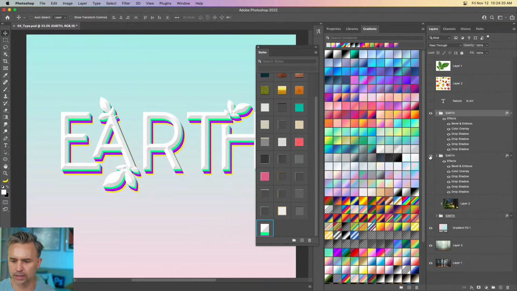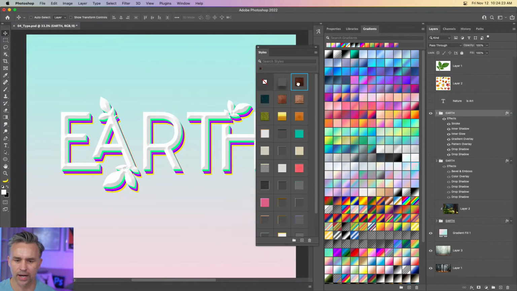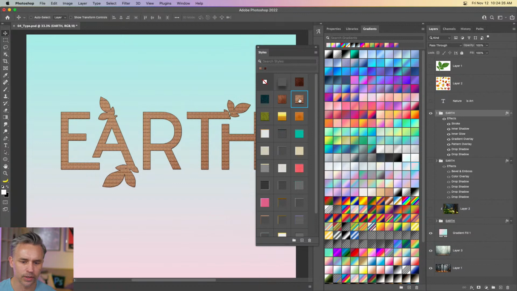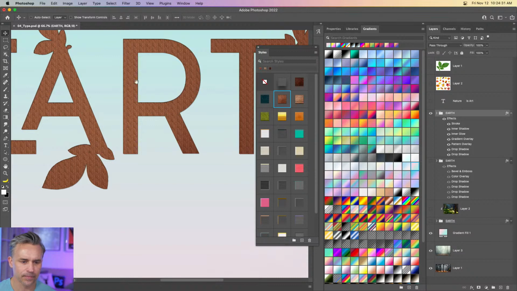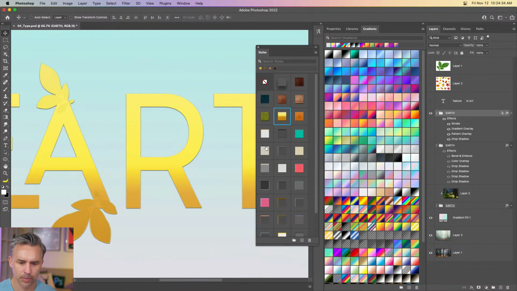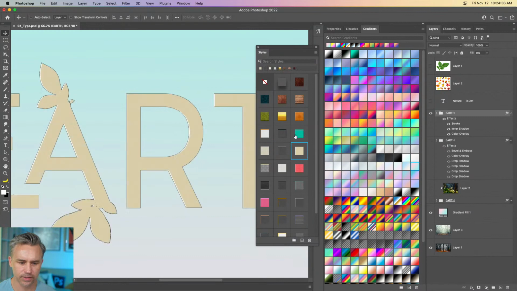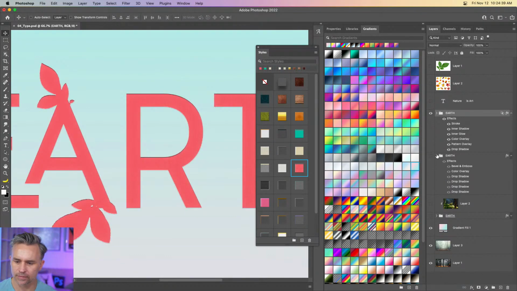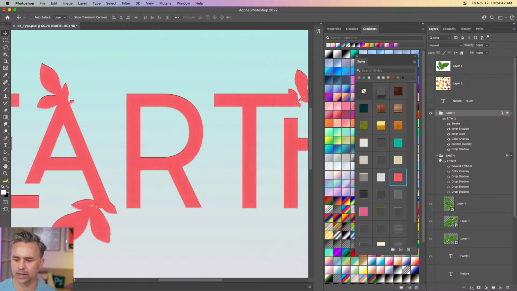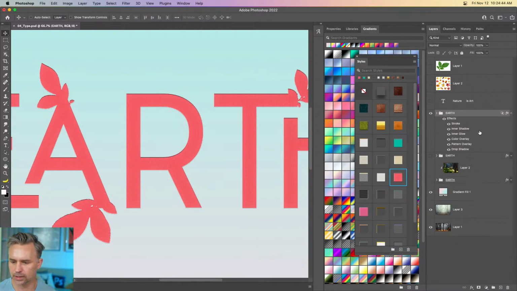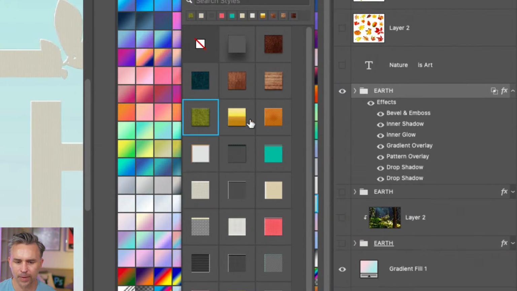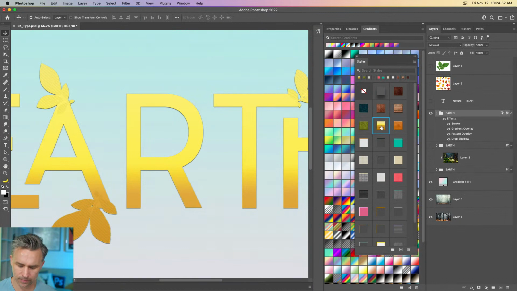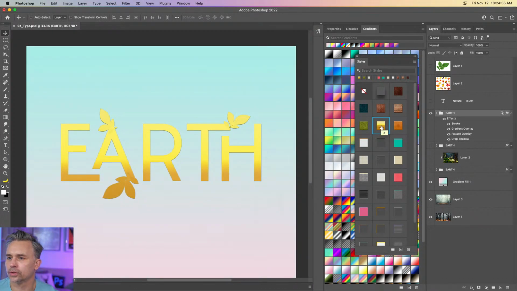On that note, let's duplicate this again, and let's try some of these others that I have. I have one that actually has wood. Actually, quite a few that are wood. The resolution is pretty high on this piece, but again, just kind of clicking through these different properties, and you can see what it does. If you take a look over in my properties, there we go. In my layers panel, you'll start to see everything change. So there's one with a lot of pattern overlays, and so cool. Gold Earth.